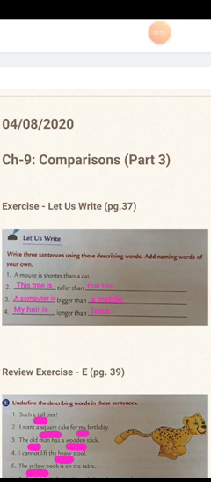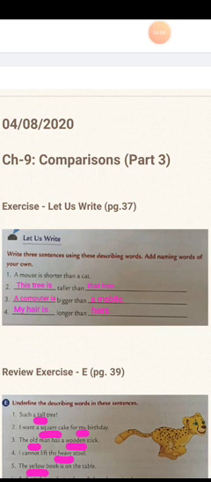Now let's do the same kind of comparison with the blanks given here. Number 2, dash taller than dash. So you can say this tree is taller than that tree. Here the two naming words are this tree and that tree. You can say mango tree is taller than a banana tree. There are so many examples you can make, but the meaning should not change. The describing word tall has to be used properly.